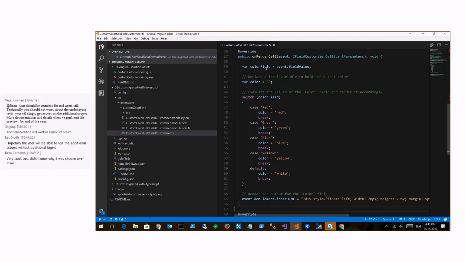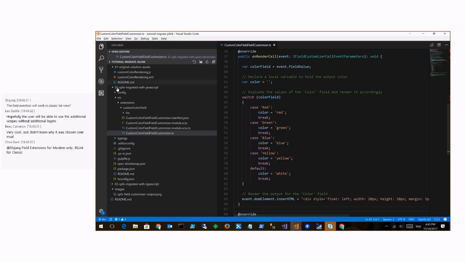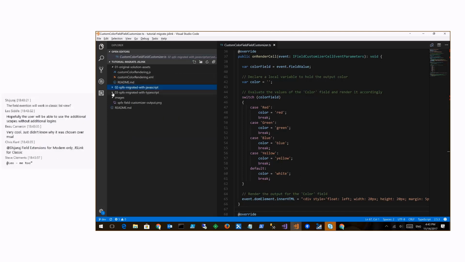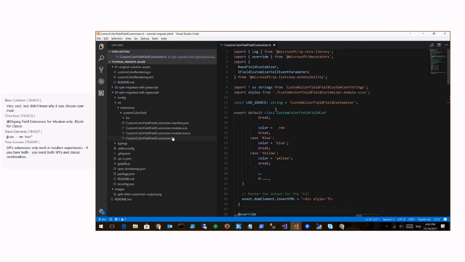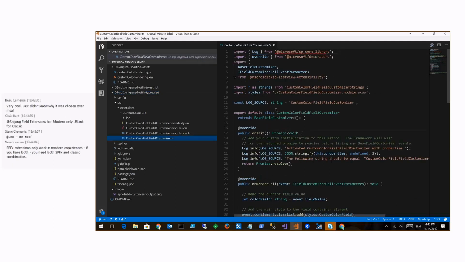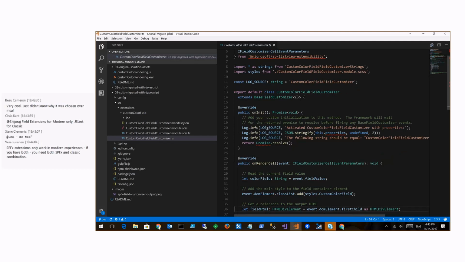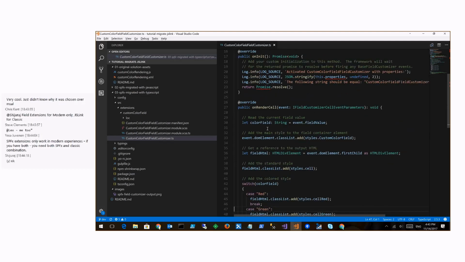Maybe you want to improve the overall quality of your solution, and you want to use TypeScript to have a fully typed approach to your solution. That's what you can do if, instead of simply reusing the JavaScript code, you use a full TypeScript-based solution. So here is another field customizer, almost like the previous one, but this time in the onRenderCell method overriding, I still get the field value from the event input argument, but I play with some styles which I define in an